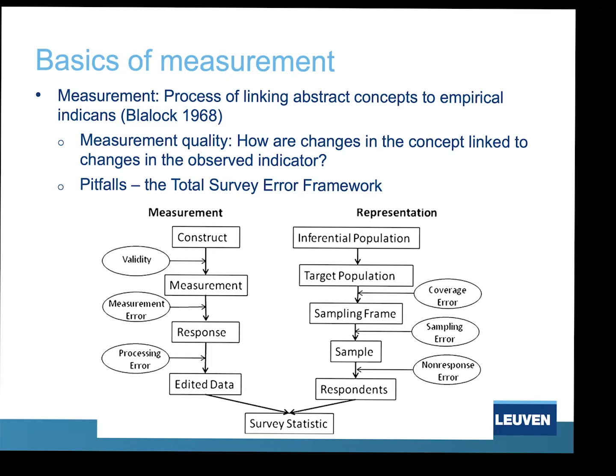Once we have a series of indicators, we still need to record scores on these indicators, right? Typically, the indicators could be a series of survey questions that we present to respondents. Respondents respond to it, but their responses do not necessarily reflect what we want to measure, what we had in mind with the indicator. So all kinds of measurement errors can creep in here as well. And it can be systematic errors, can be random errors, right? Once we have the responses, we edit it into, for example, a scale. And then based on this scale, we make statements about a survey statistic.